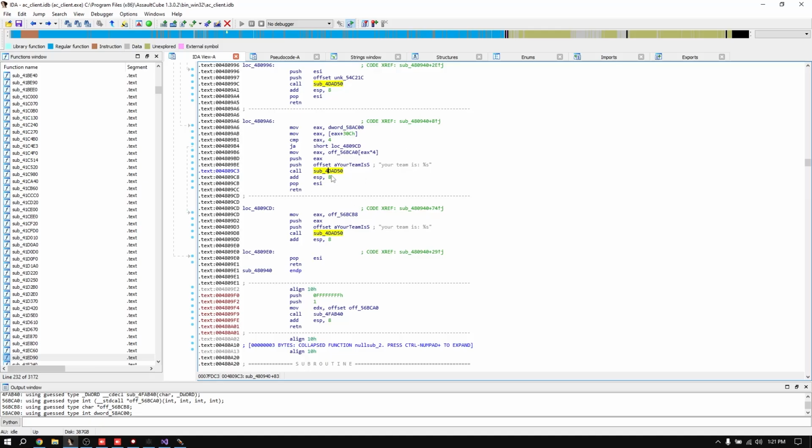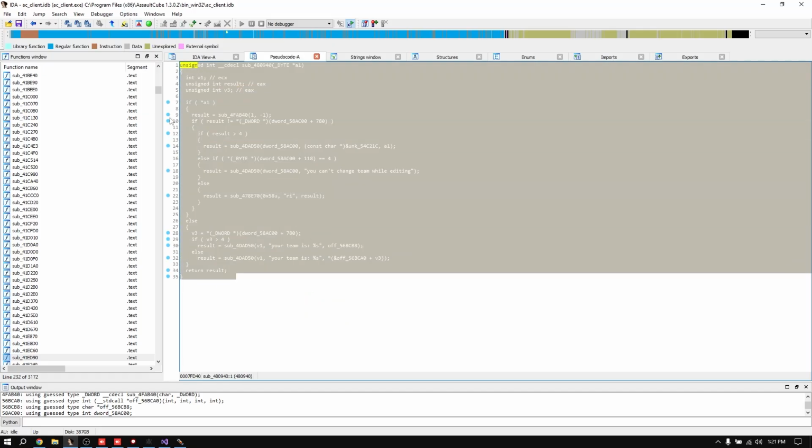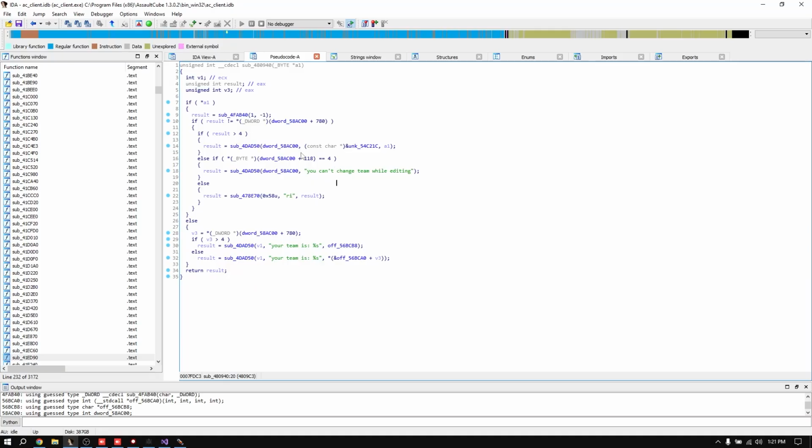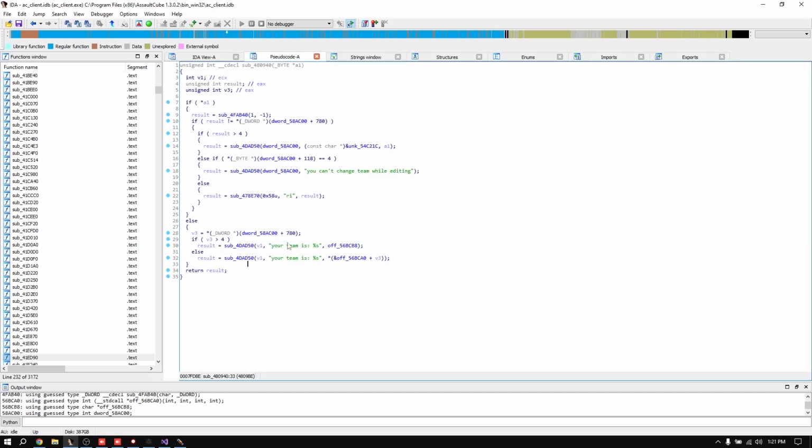there's videos on it. So now we're going to use this function because we know that this function is coming after this, so it has something to do with this. So click on the function and hit tab, and if you have IDA Pro, this is where this comes in handy. So we now have a pretty in-depth explanation of the function. So we can actually go ahead and look at this, and you can see that here's the "your team is," and here is a function. So just from looking at this, I can say that this is our print function,